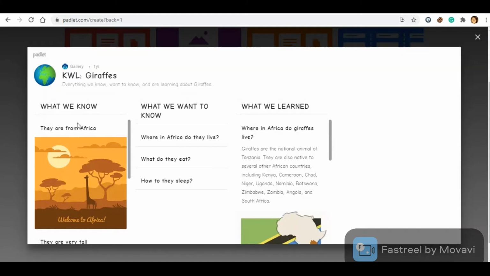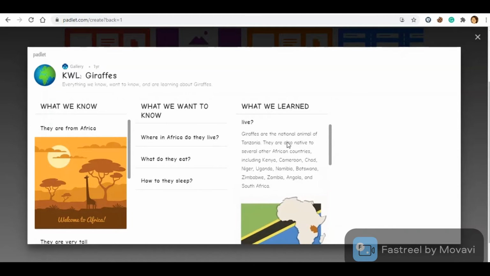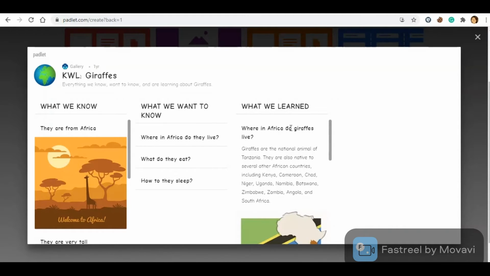Suppose you are going to start with a topic of, say, number system. Then you will ask your students what they know about the number system, what kind of number systems exist. Then what do they want to know, this at the beginning, and at the end of the session you can ask them to post what they learned.